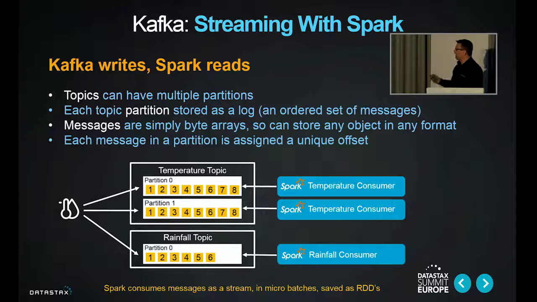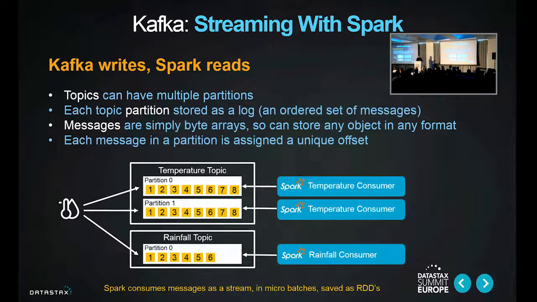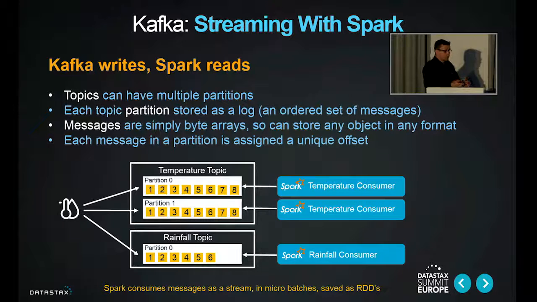Kafka at a very low level allows you to parallelize your processing or your data feed by using partitions. And partitions could be dedicated to certain types of data, for example, all the temperature sensors beginning with the letter A might go in partition 0, all those beginning with B might go in partition 1, etc. Or you can have Kafka round robin through the partitions to spread the load that way. So as you get more signals, you can add more partitions to distribute the load. You can also add more brokers, so you can have additional Kafka servers running on other machines to spread the load and scale out as you need.